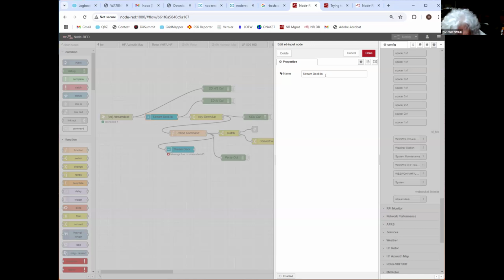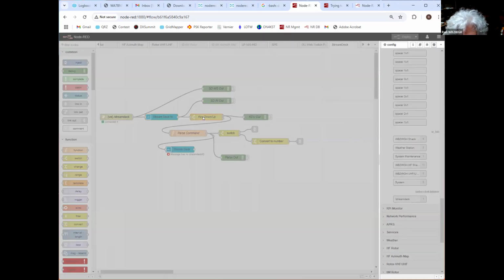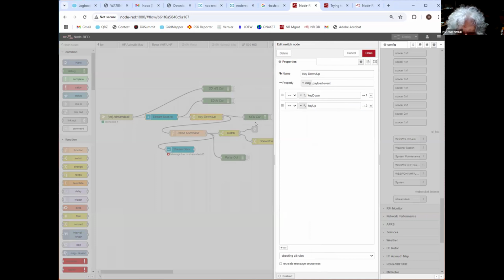Okay. And from there, the Stream Deck produces both key down and key up events, and likely